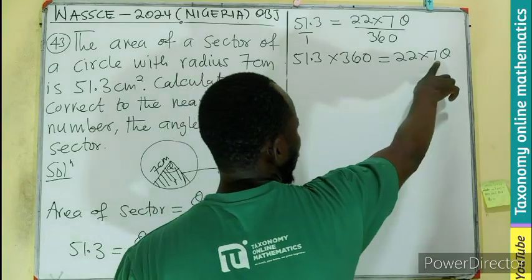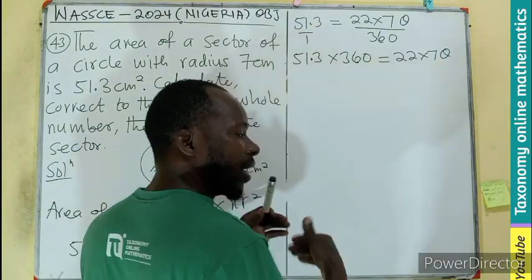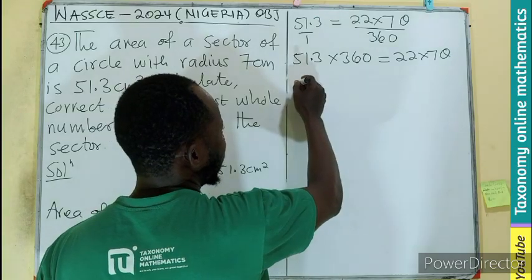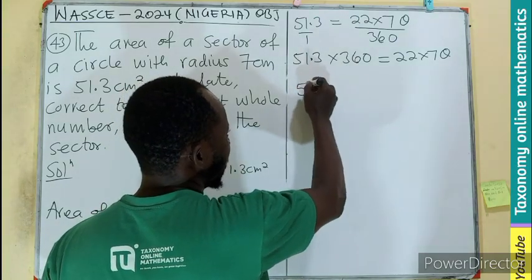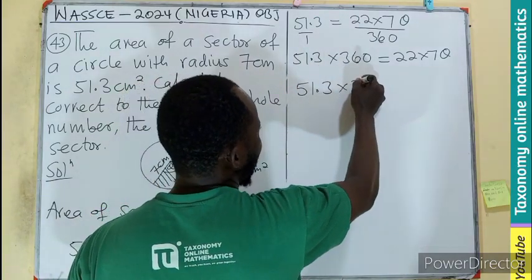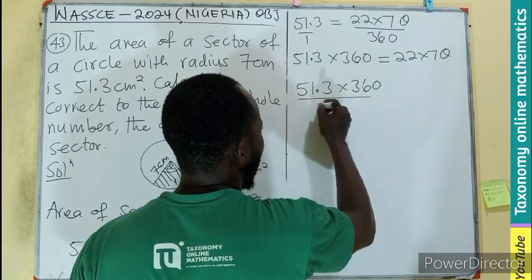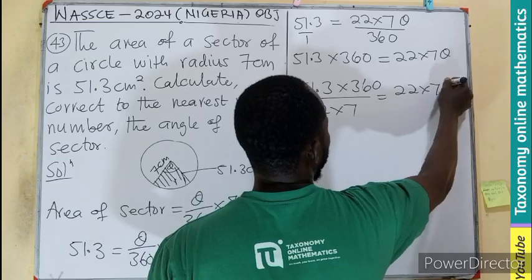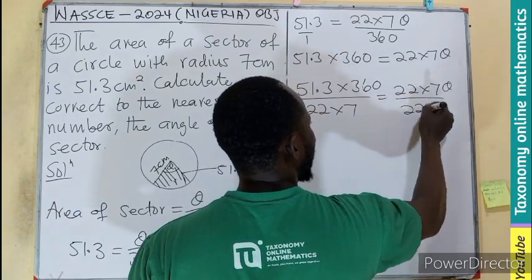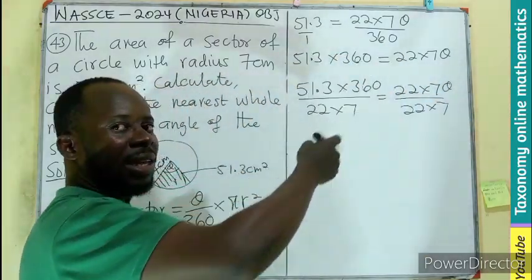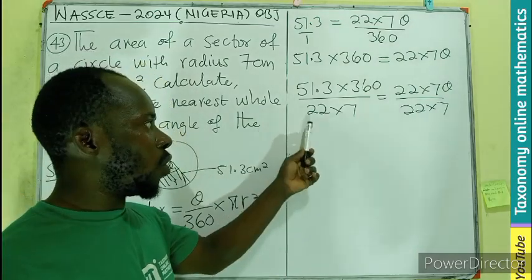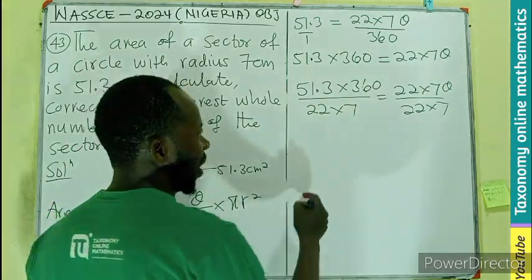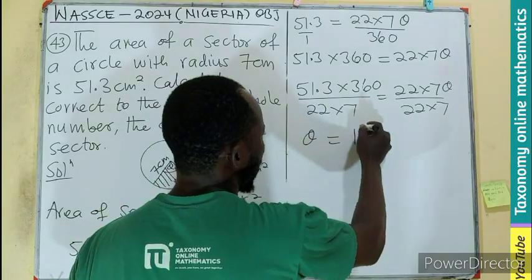So now we need to clear the coefficient from here. You can multiply or still maintain that addition. So I have that multiplication, 51.3 times 360 divided by 22 times 7, then 22 times 7 theta divided by 22 times 7. So obviously it will cancel from there. 2 will cancel here, 11 and go there, 180. You multiply everything. In your calculator, you have your theta equals to